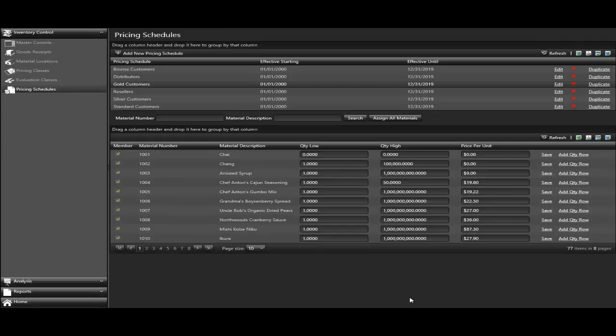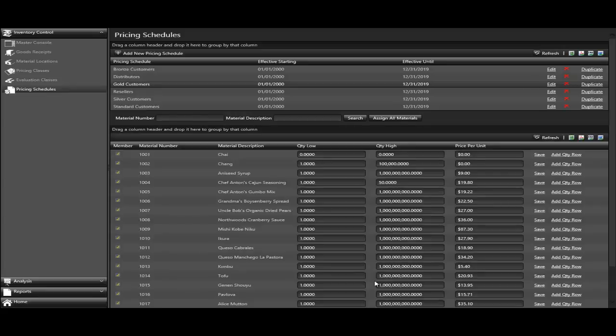Now down below you'll see the different members that I have. I can navigate through those pages here, and I can also look at more than 10 at a time, whatever I want to do here. But these are the members of this pricing schedule. If I created a new pricing schedule and I wanted to quickly assign all of my items out of inventory to this schedule, I can simply hit the Assign All Materials button, and that's a way to quickly fill a pricing schedule with all the items, and the default price for those items will come from the default price for the item at the material level. So I can go change it after that, but it's a good way to quickly create one instead of having to do each line one at a time in a more tedious way.